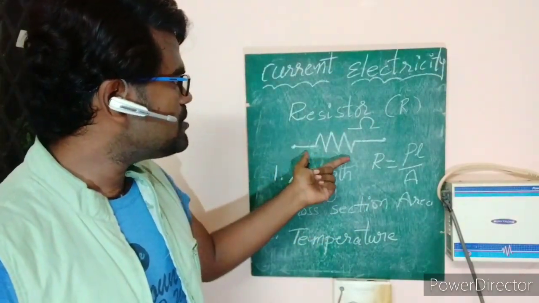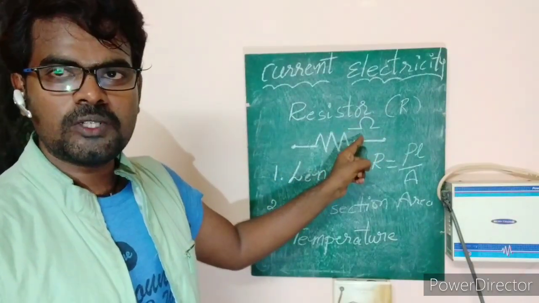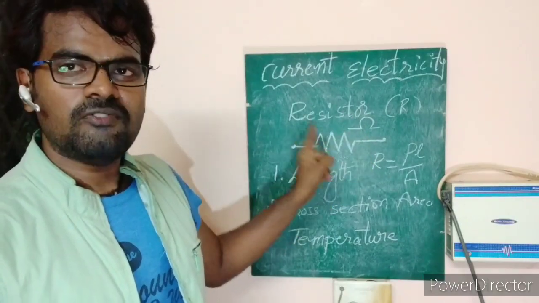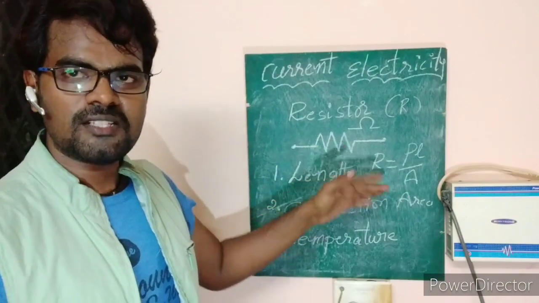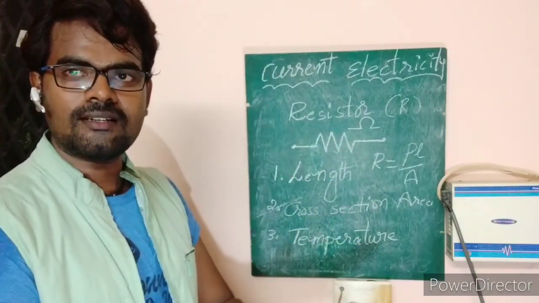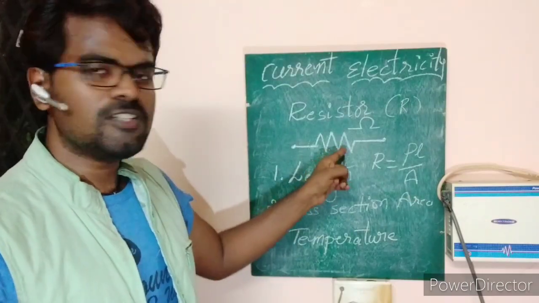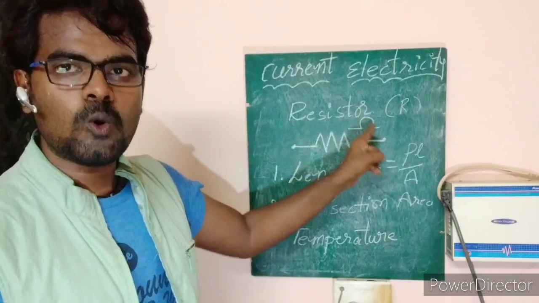Okay, the unit for this resistance is ohm. The symbol we can simply call ohm. It seems to be like a speed breaker. This resistor will do the same work in a circuit. It will obstruct the flow of current. The meaning of that is it will slow down, just like a speed breaker will slow down our movement or speed. Just like that, it will slow down the flow of current. So this symbol is called ohm.